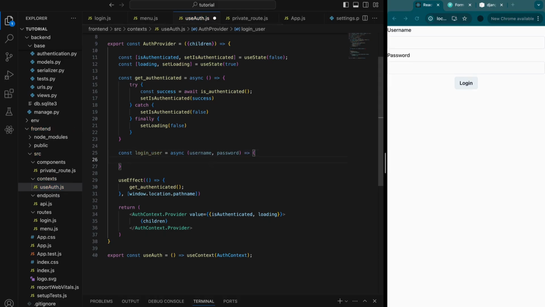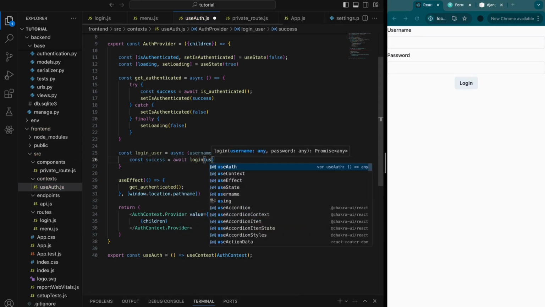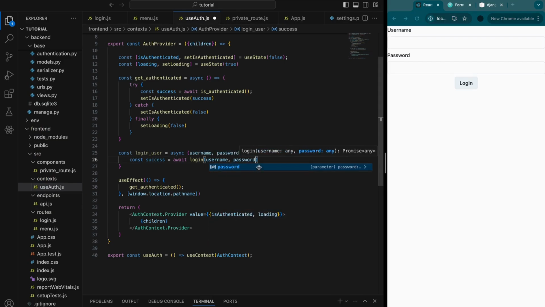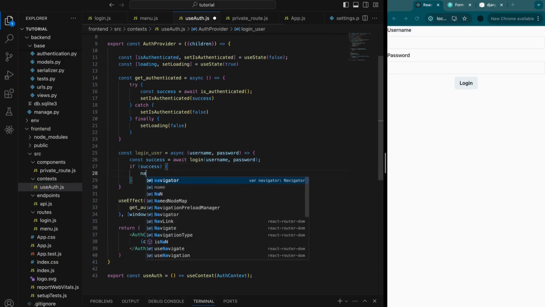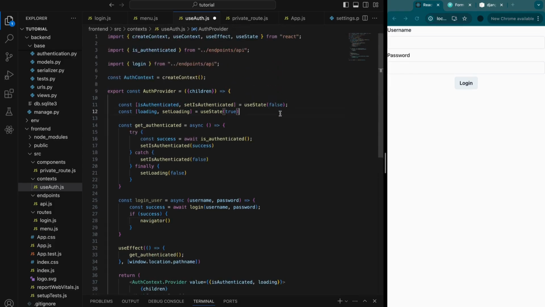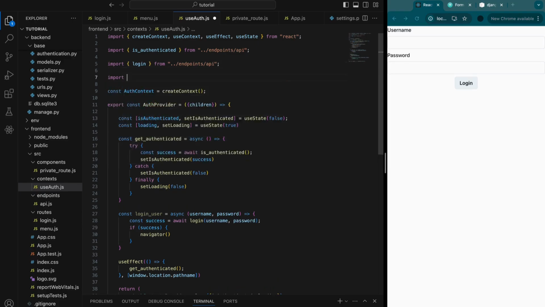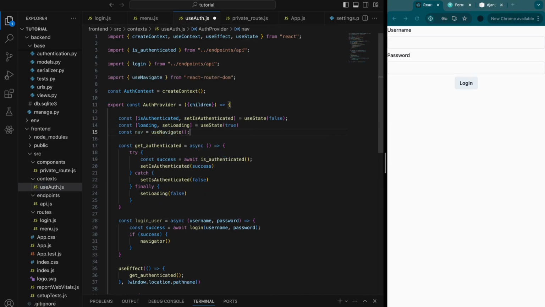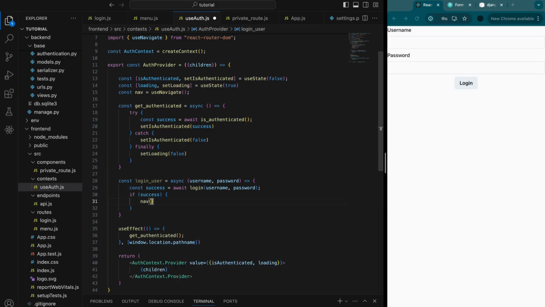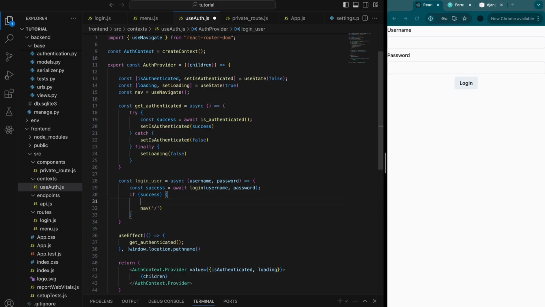So we do const success equals await login(username, password), and then if success, then we'll have to create another navigation. So import useNavigate, and then const nav equals useNavigate. So nav to our menu, but first we'll set our isAuthenticated to true,